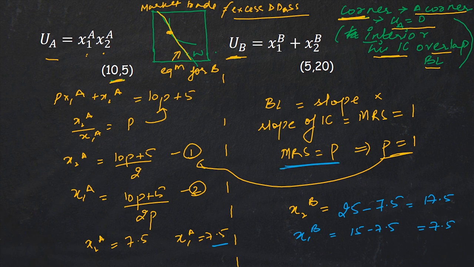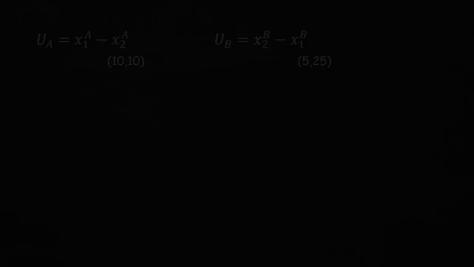I just want to make a point of caution here. This condition is not true always. A lot of us who don't have very strong basis in semester 3 believe that this condition is true always. It isn't. ये condition तभी true होती है जब IC जो है वो overlap करता है budget line को, जो कि हमेशा नहीं होता. Perfect substitutes में हमारे पास 3 conditions हो सकती हैं: MRS greater, MRS lesser, MRS equal to. So this is only one of the 3 conditions of perfect substitute, which is not true always. Alright, let's do the next one.